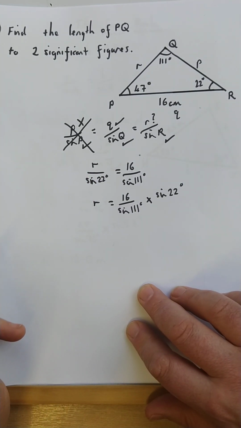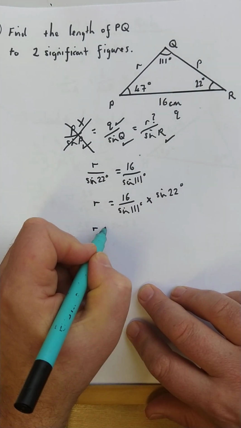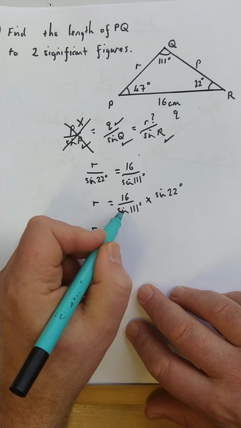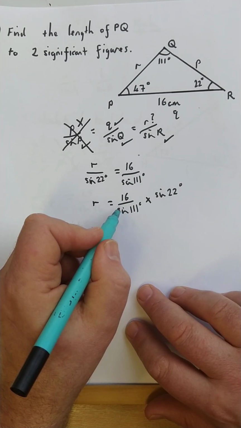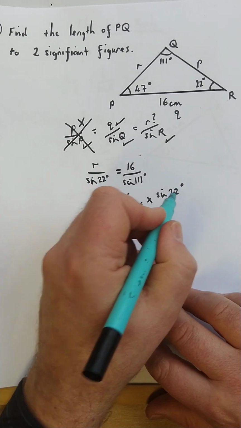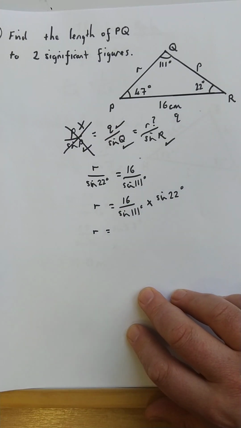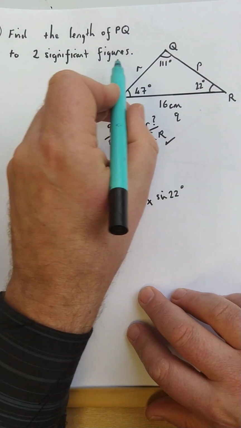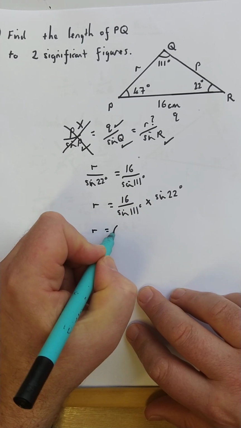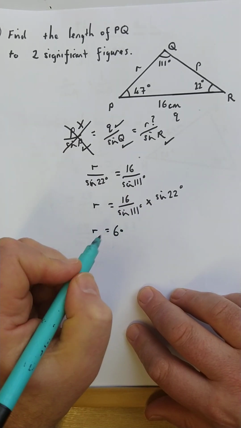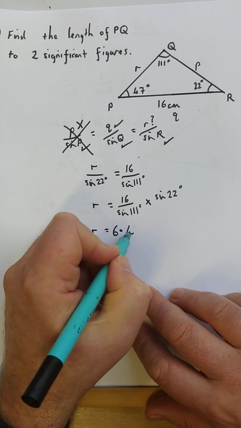Again, I'll reach for my calculator. 16 divide by sine 111 equals, then take my answer, multiply by sine 22 degrees. Okay, I want two figures in my answer, so precisely two figures, even if one of them is a 0, but in this case, 6.4